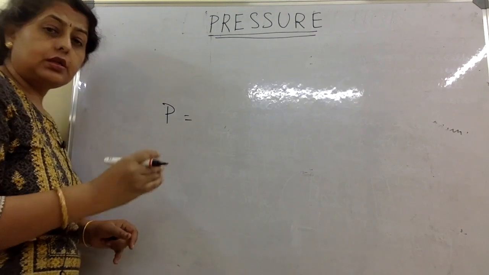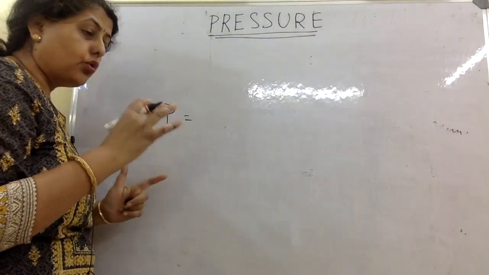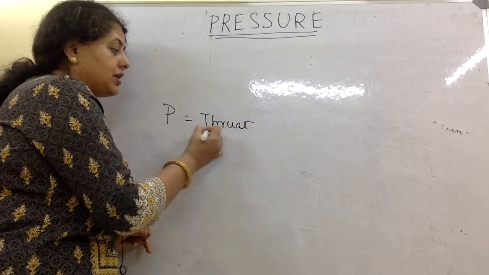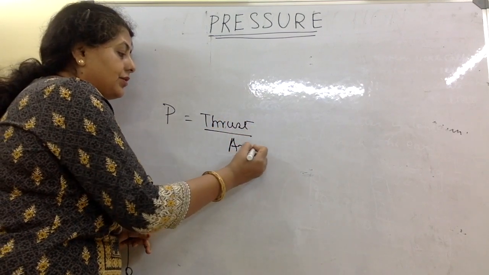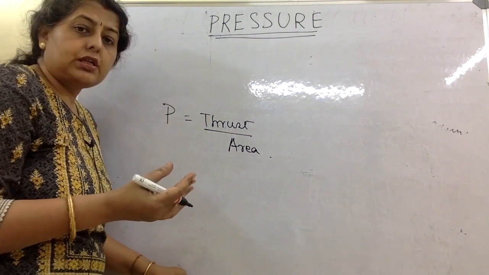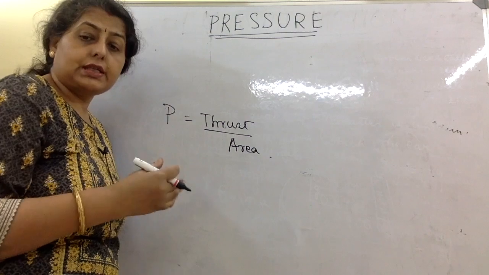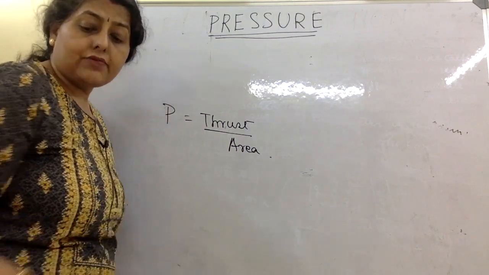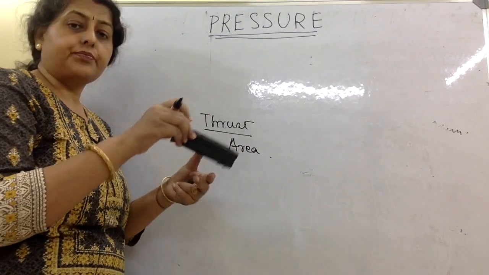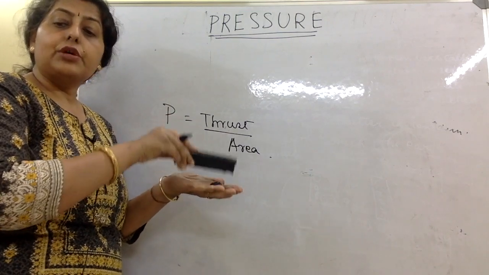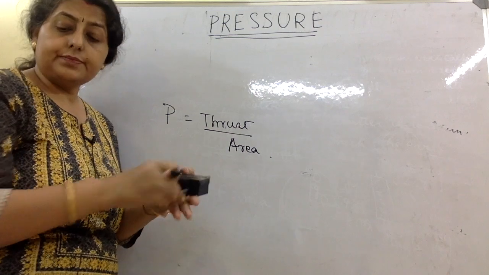Pressure is actually the force or the thrust per unit area. Now what is thrust per unit area? It is defined as the thrust per unit area. What is thrust? What is area? Now if I have this duster, I keep this on the table. When I keep this on the table, then